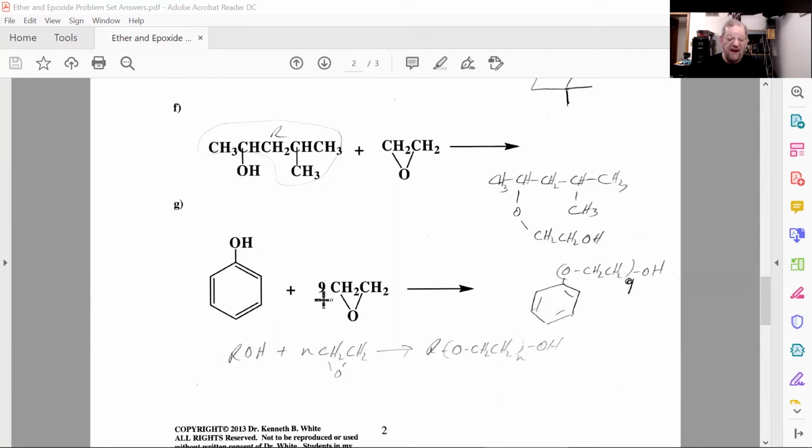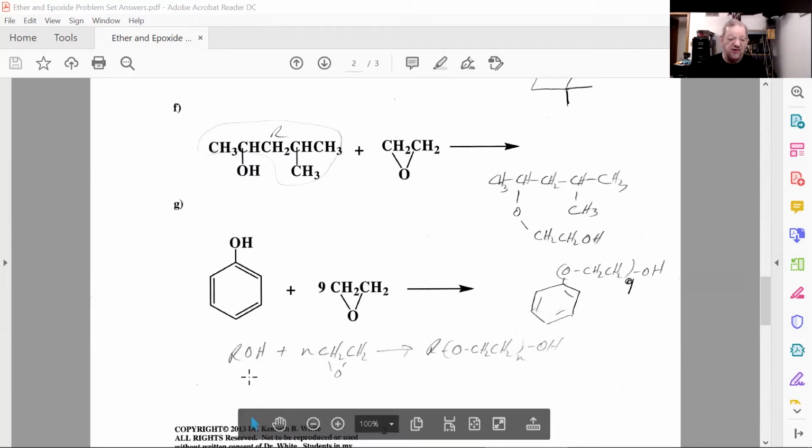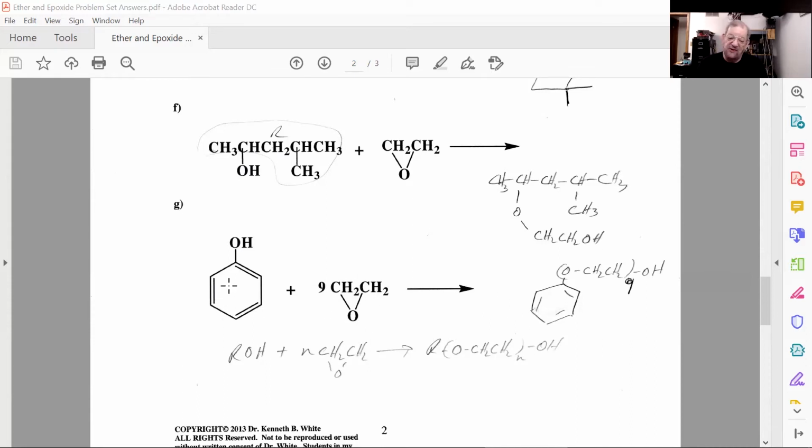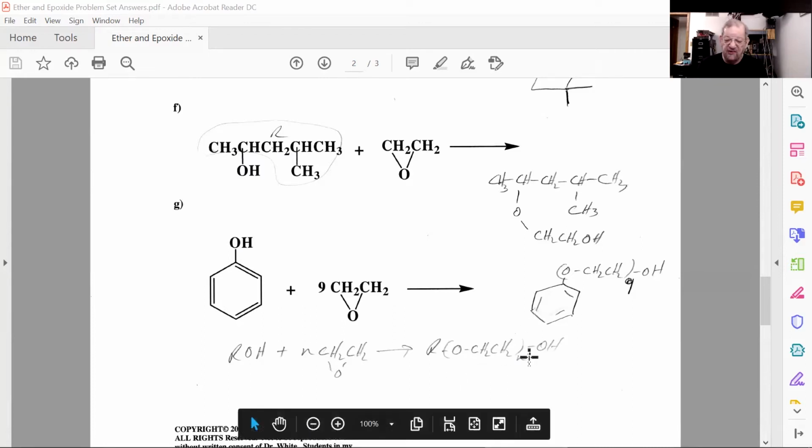And number 9, and ethylene oxide. This is a reaction of alcohol with N moles of ethylene oxide. Ethylene oxide will not react with a benzene ring, so this is just a big R group. And therefore you get this polyether alcohol, R, benzene ring, OCH2, CH2 in the brackets, what's N, 9, and outside